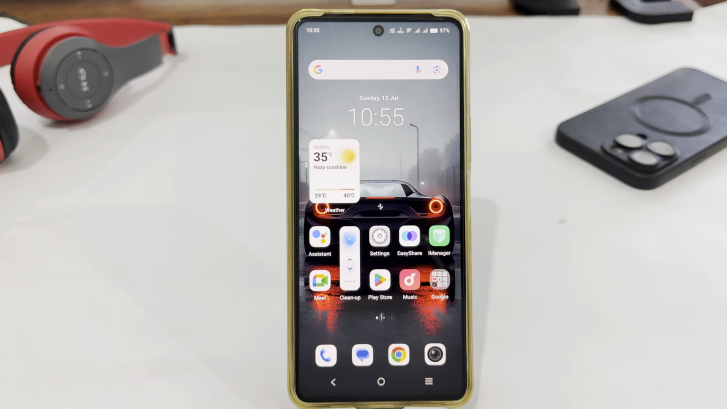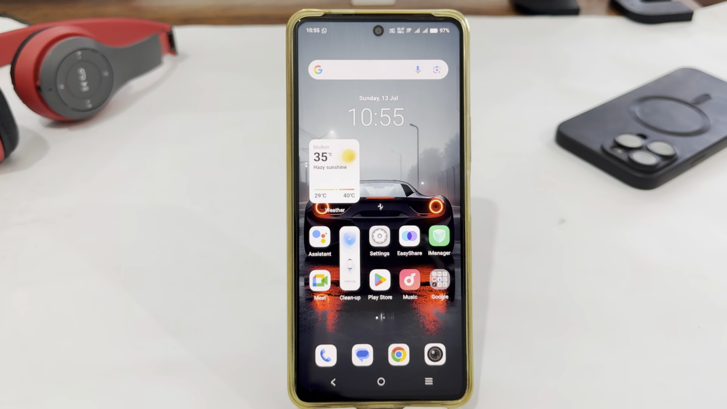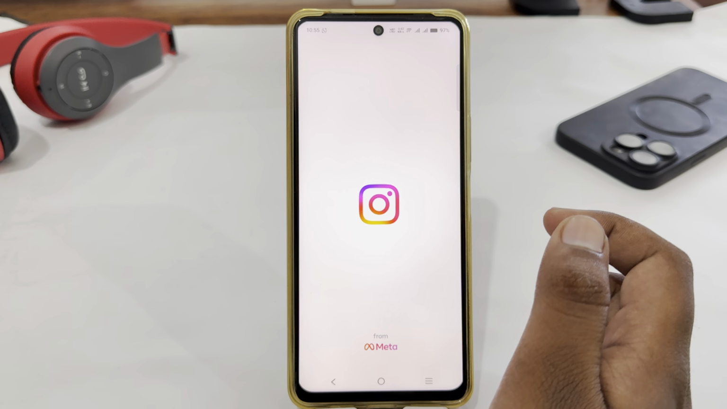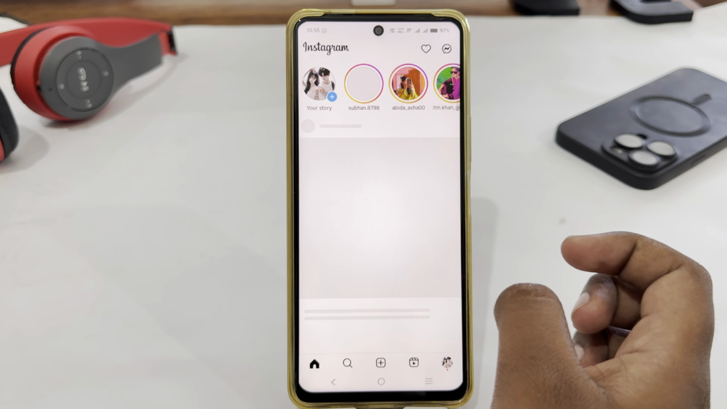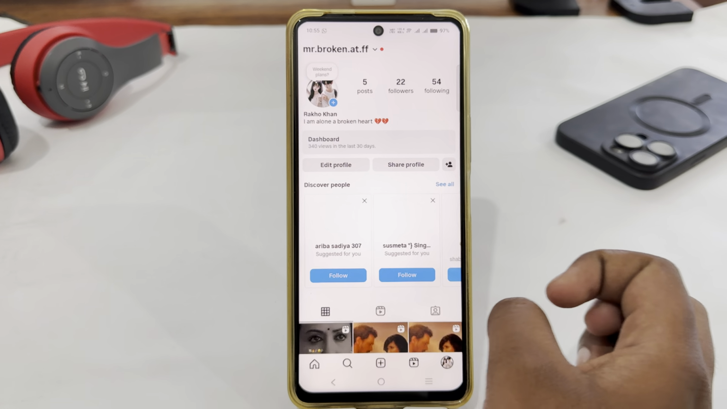So today I'm going to tell you how to make another account on Instagram. If you are using Instagram and now you want to make another account, let's see how you can do this. You just have to open your Instagram app and then go to your profile. In profile, you just have to keep a long press on your profile, and here's the tab on add Instagram